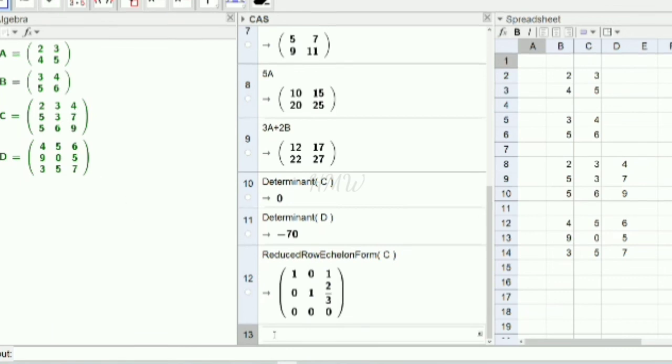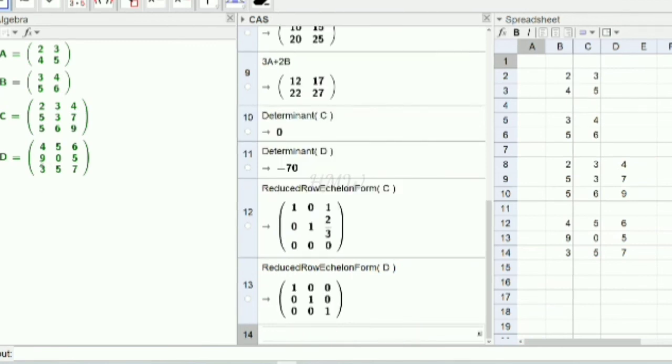Now the reduced row echelon form of the matrix D. This is an invertible matrix, that's why we are getting the identity matrix as the reduced row echelon form. So we can say the rank is 3 here.